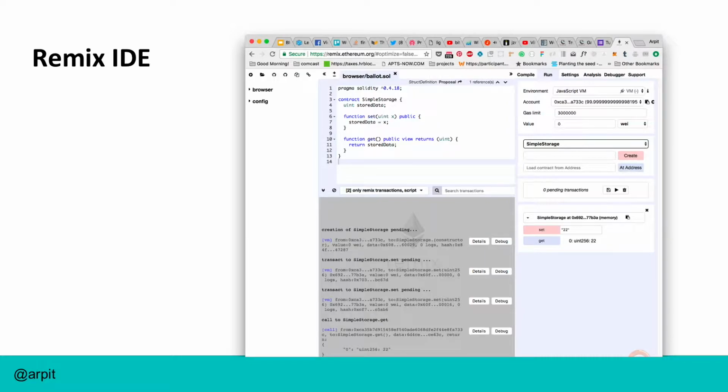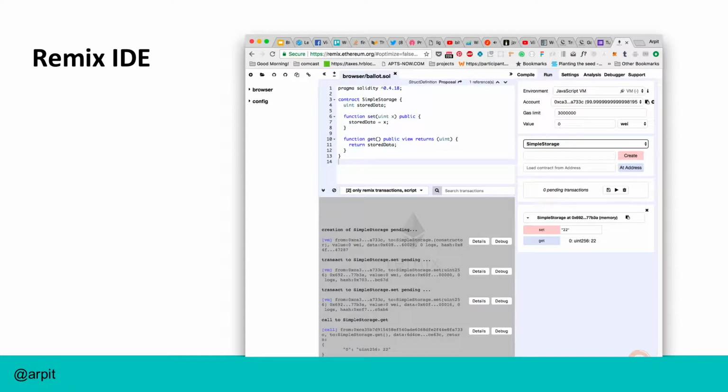The contracts themselves are not written in JavaScript. There are a couple of different languages for smart contracts, but the one that's most popular is Solidity. There are a bunch of different IDEs for Solidity. You can write Solidity code in your text editor. But if you're learning Solidity, you should probably try the Remix IDE. It's a web IDE hosted at ethereum.org.